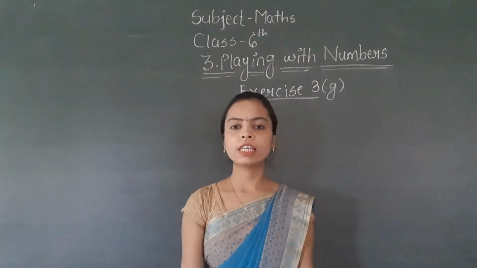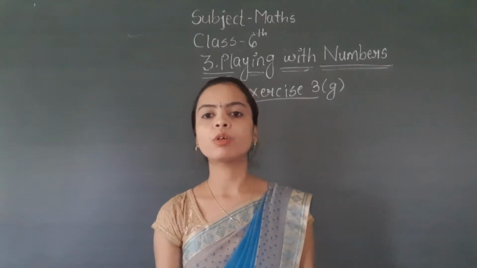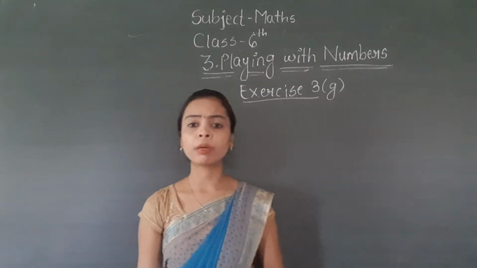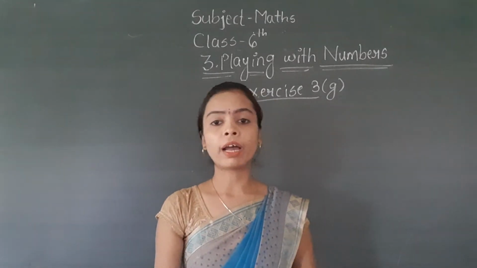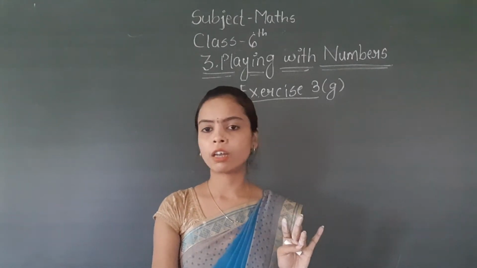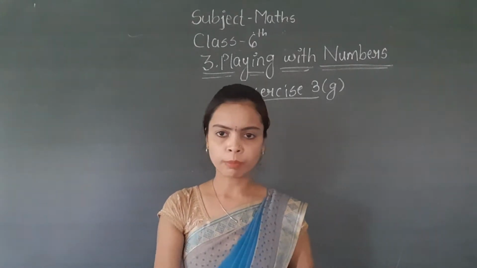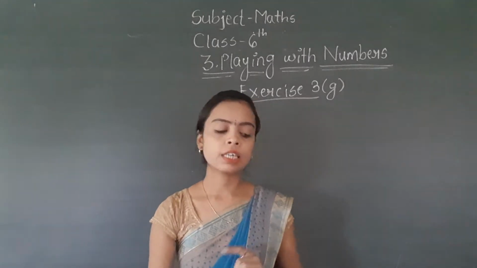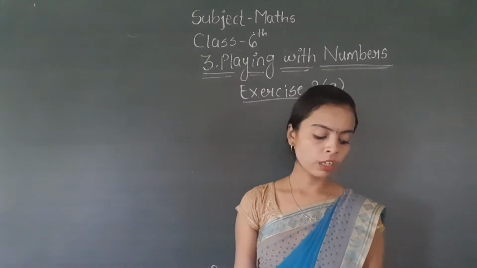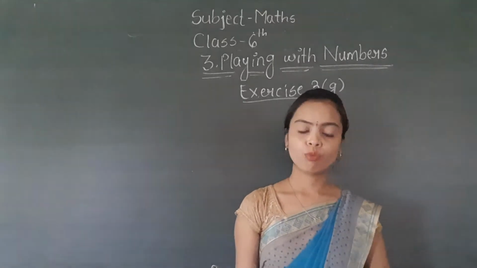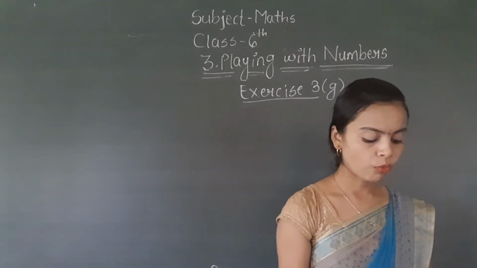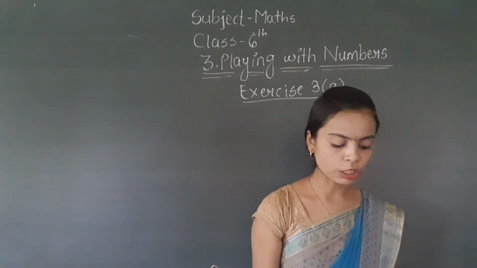We are studying our lesson number 3, that is playing with numbers, in which in the previous lecture we have studied what is LCM and how to find it by the three methods, that is multiple method, prime factorization method, and in the last we studied the division method. Based on this there is exercise 3G, in which I am solving one question of each for you. Now take a look at question number 1, that is find first three common multiples of.